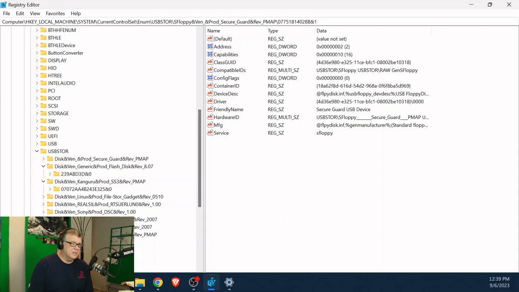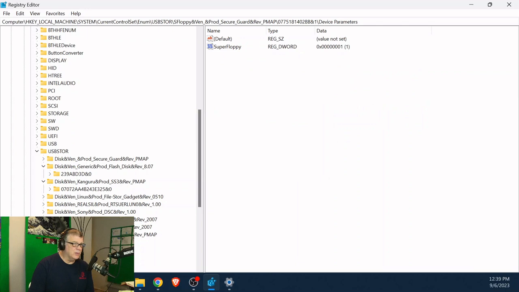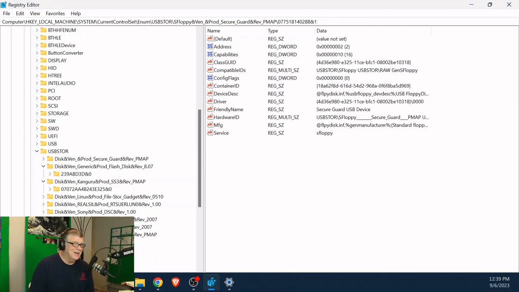What is this? This is some kind of safeguard USB. I'm sorry, it looks like a hard drive. I'm kind of doing this on the fly. It's a super floppy. I'm going to take a big assumption here. I'm going to assume that is my portable hard drive.